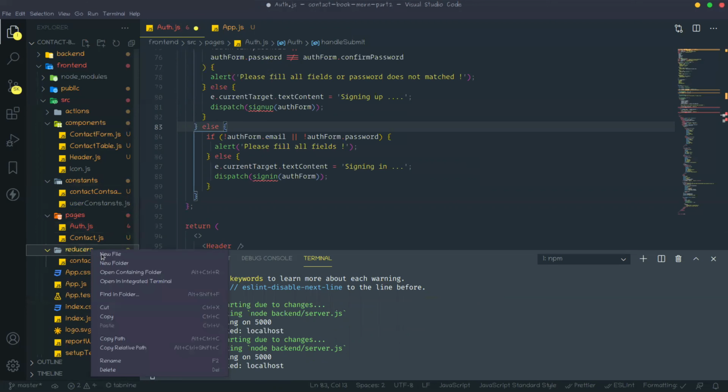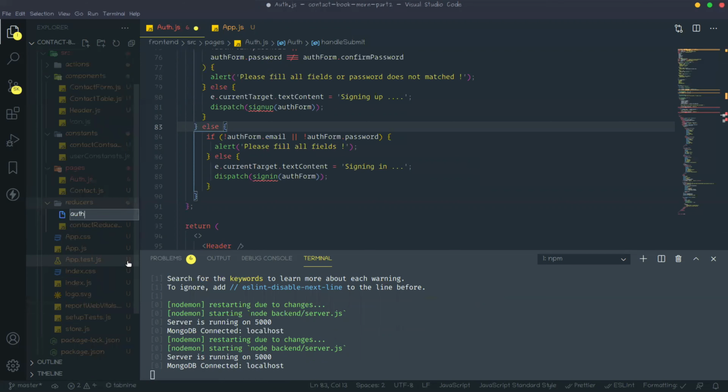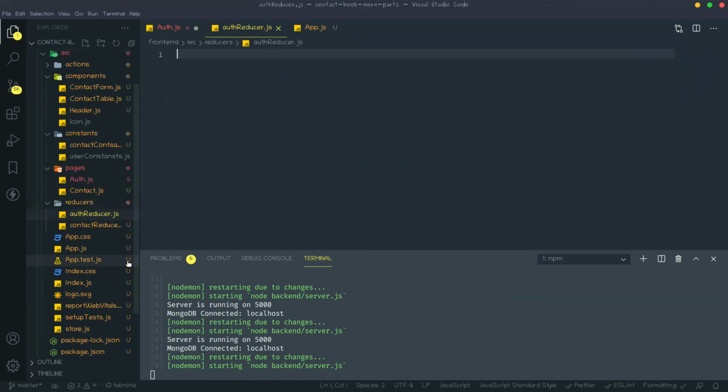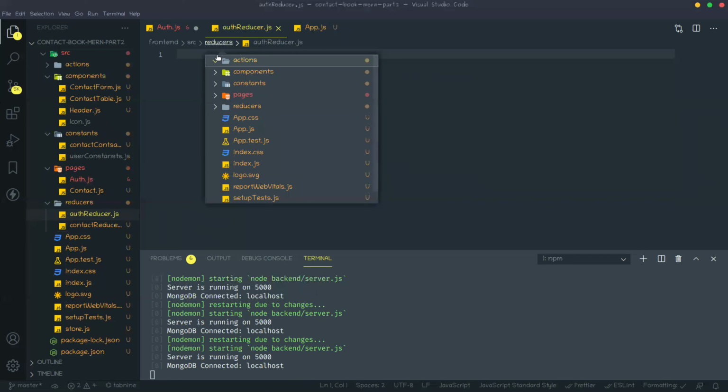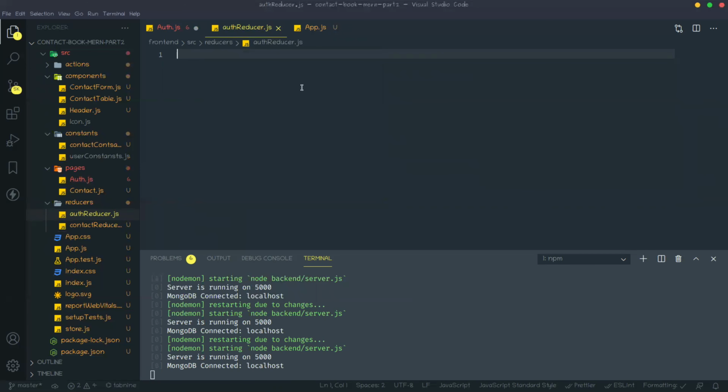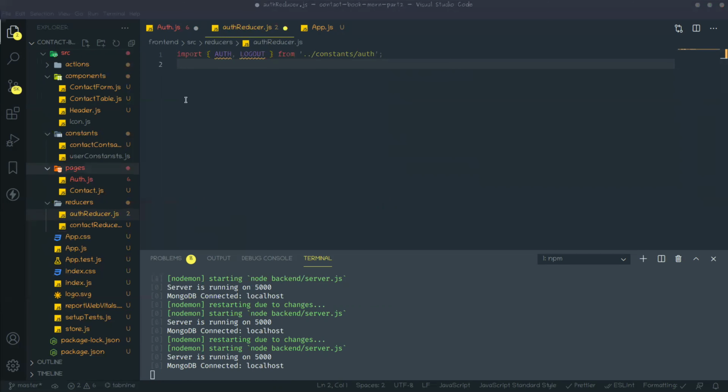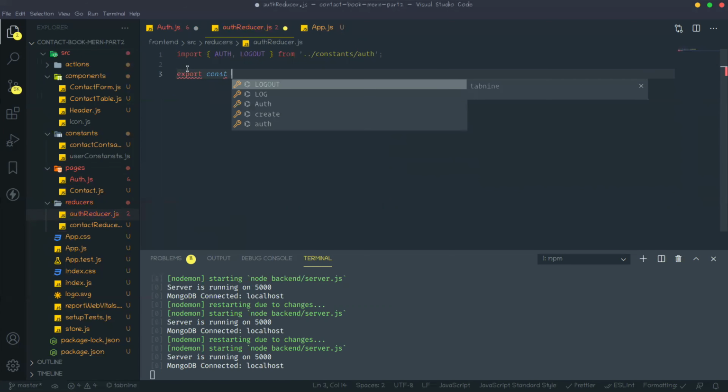So go to reducer, like auth reducer dot js. Here we are creating. We need to import the auth and logout constants from that constant file. Then we need to create export const auth reducer.